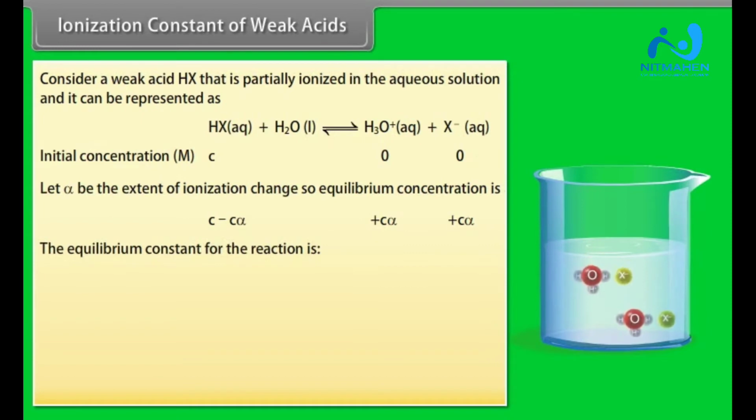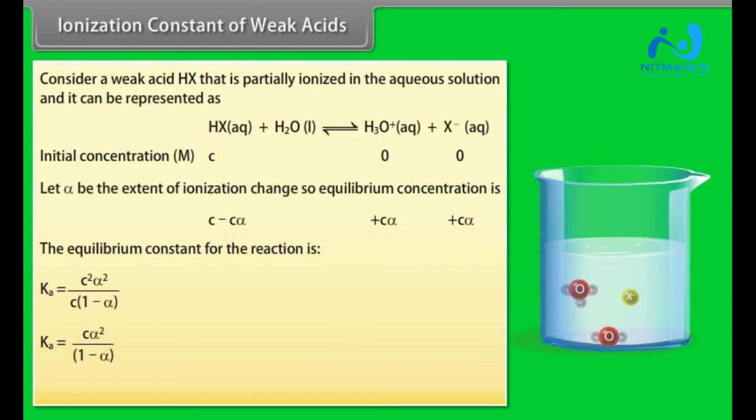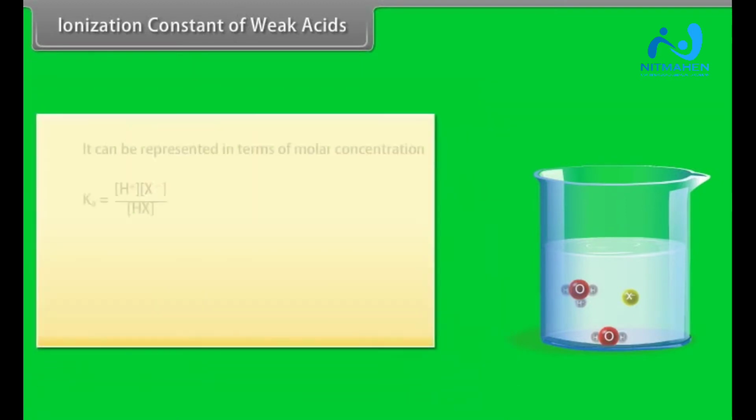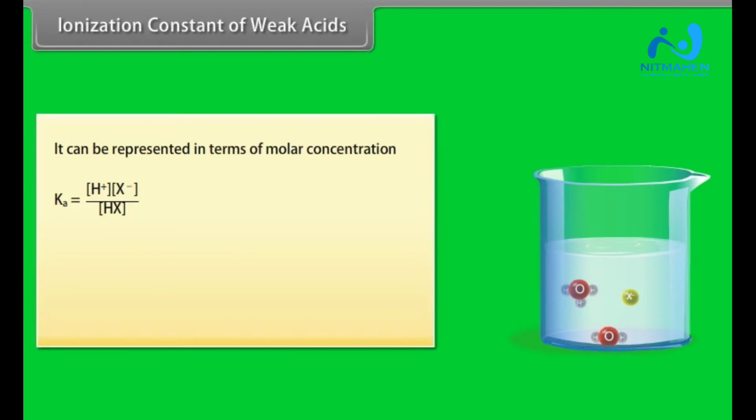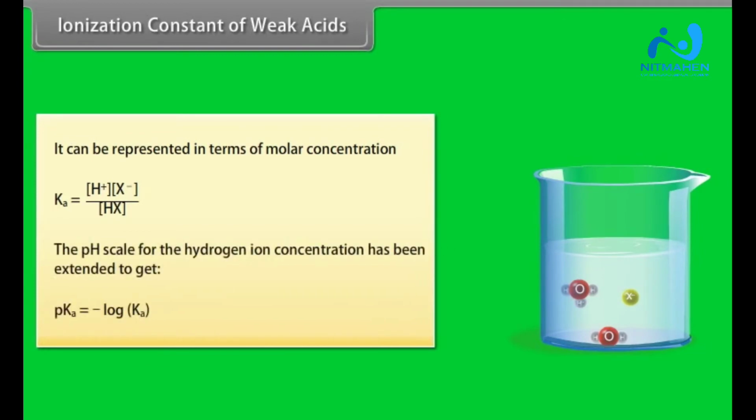The equilibrium constant for the reaction is Ka is equal to C square alpha square by C into 1 minus alpha. Ka is equal to C alpha square by 1 minus alpha. Ka is called the dissociation or ionization constant of acid HX. It can be represented in terms of molar concentration. The pH scale for the hydrogen ion concentration has been extended to get